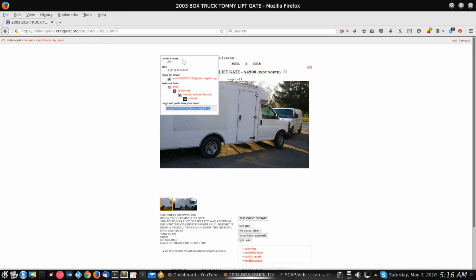Now, pay close attention to this, because in this section here, it can say call or text. If it says text, like this one says text, they only want to converse through text. They don't have any desire to talk to you on the phone. So don't call them. They're specifying in here that this is the way they prefer to do it, and if you don't want to get on their nerves, and you want to be able to buy whatever it is that they're selling, your best bet's not to make them mad.